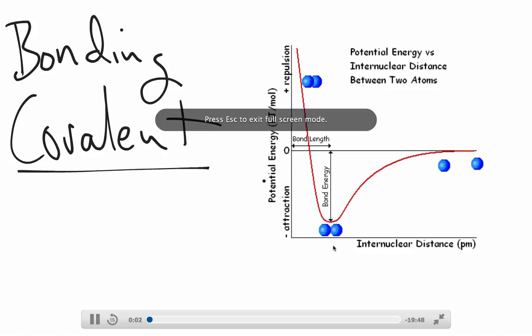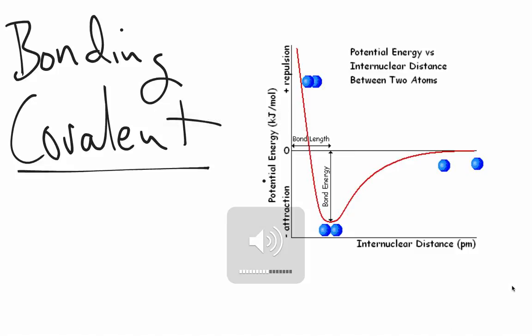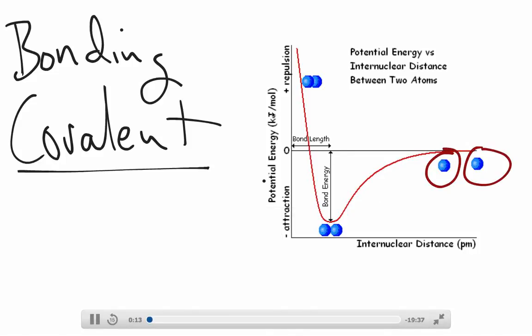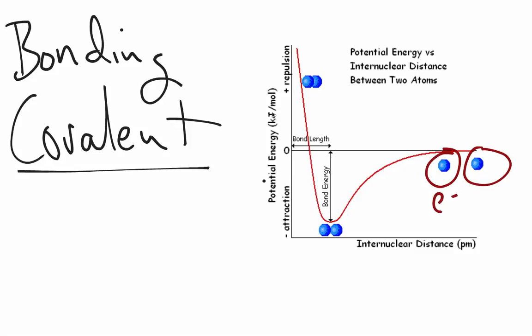Okay, so we want to continue our discussion here on covalent bonding. First, one thing we should talk about is, if we think about two elements coming together, the electrons are on the outside, correct? And so when two elements come together, we have to recognize that initially there is some repulsion between these elements